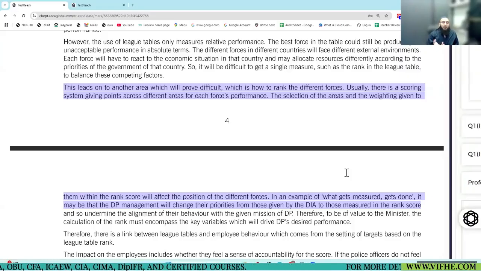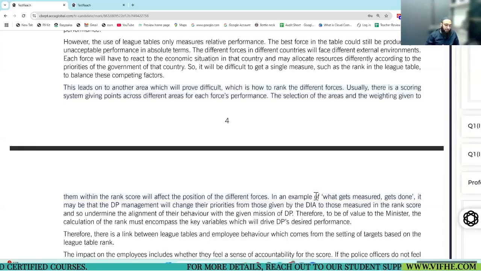Similarly, because league table has one drawback of what gets measured gets done. Whatever you measure in a league table, the police service will try to achieve that.